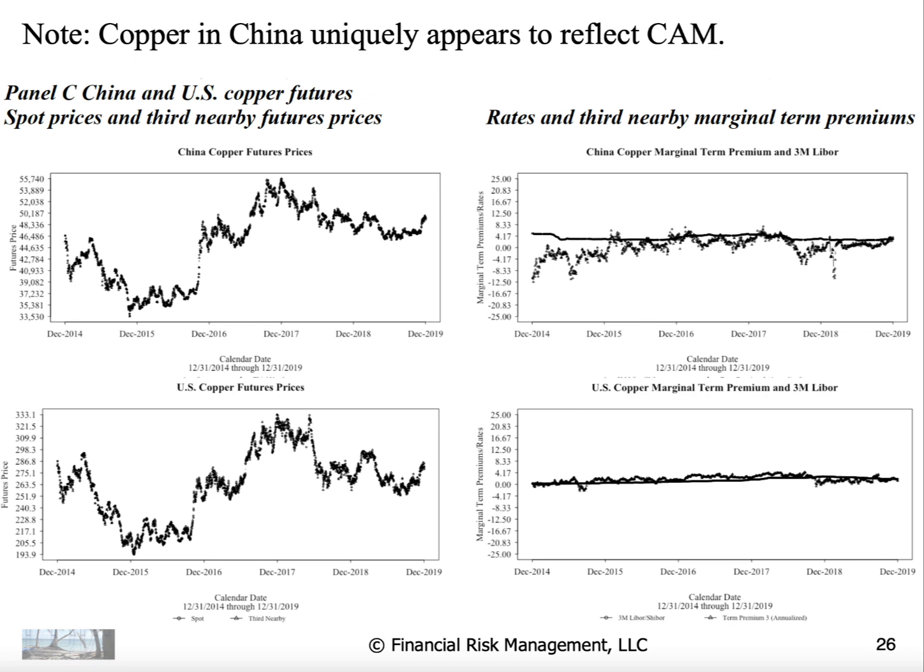Copper is interesting in that copper actually reflects the existence of some arbitrage activity within China, but it's much stronger in the U.S. And one possibility is that foreign arbitrageurs are allowed more liberty within China than with gold and silver because China is heavily dependent on the world for copper supplies.